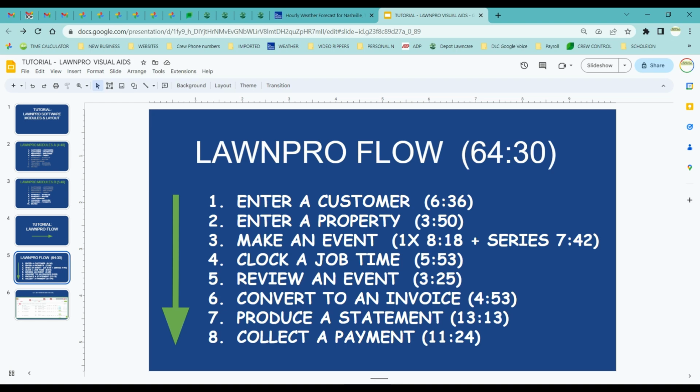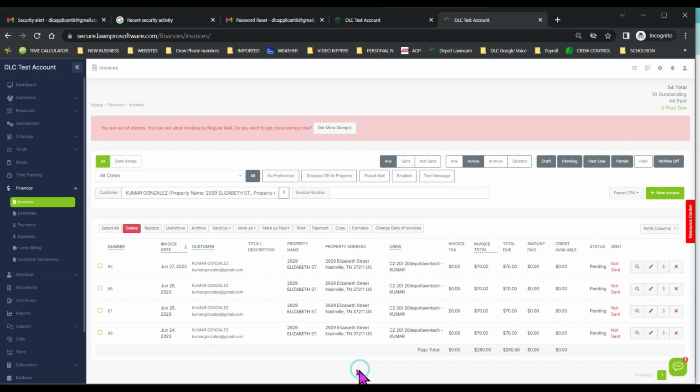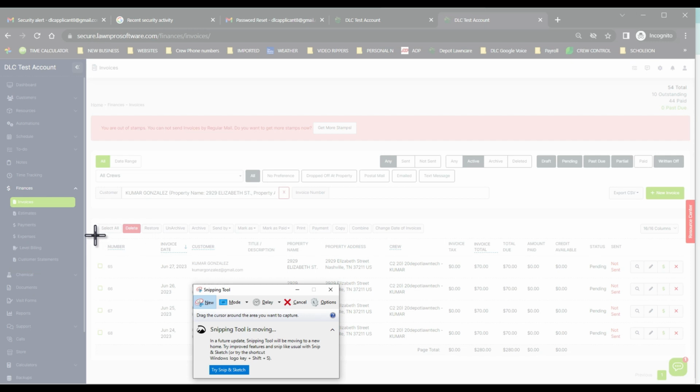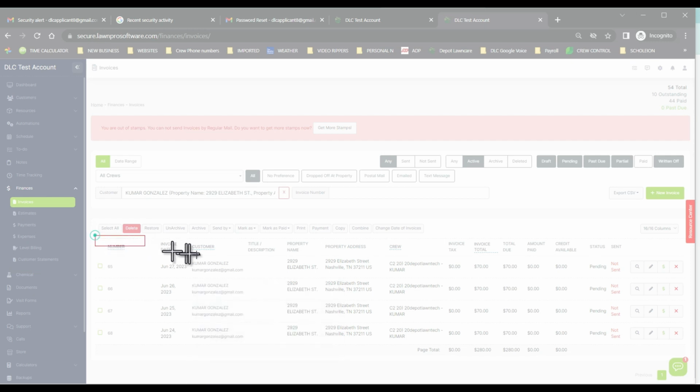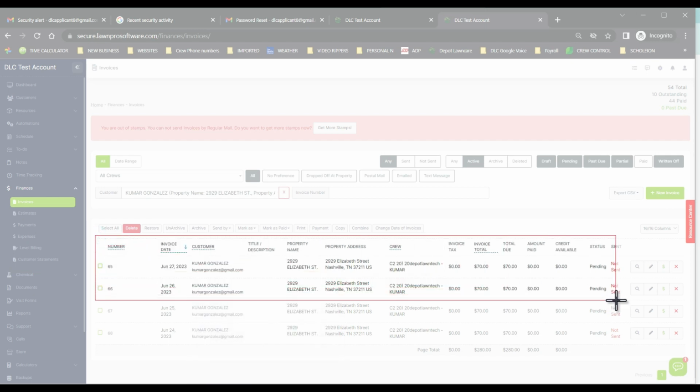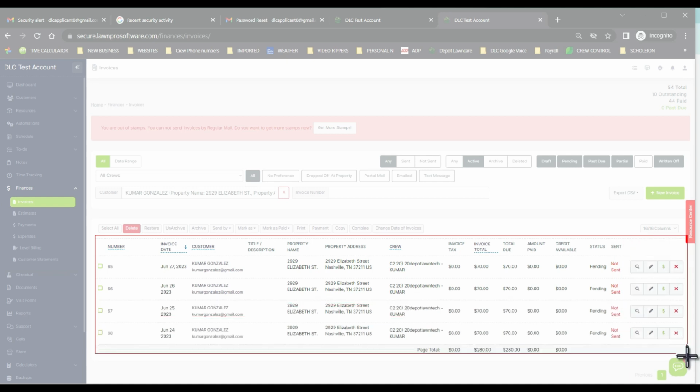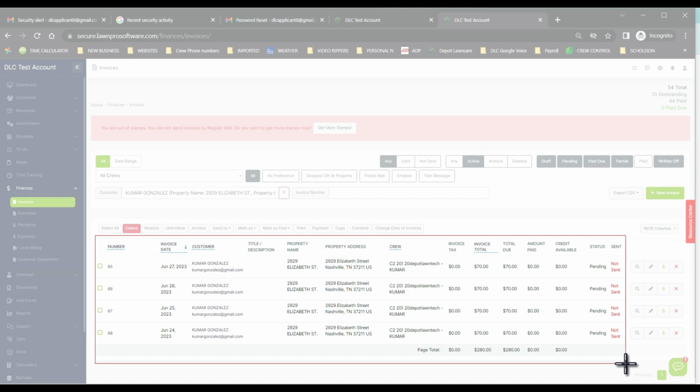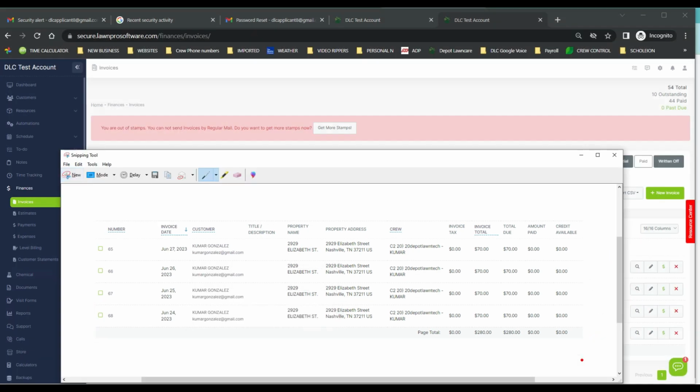And in order to produce that statement, we have a couple different ways. The first way is to simply take the snip tool and just run over the data that you want to select. These buttons here are particularly not useful for the customer, so we'll cut those off. The sent status and the status are not necessary, and if you just take that snip there, oftentimes that is